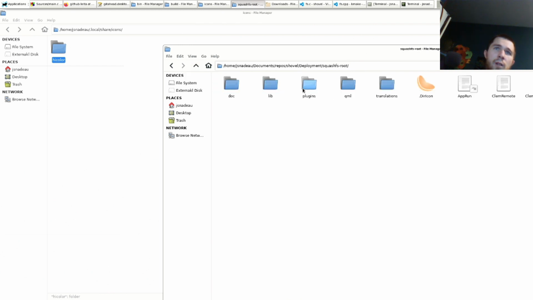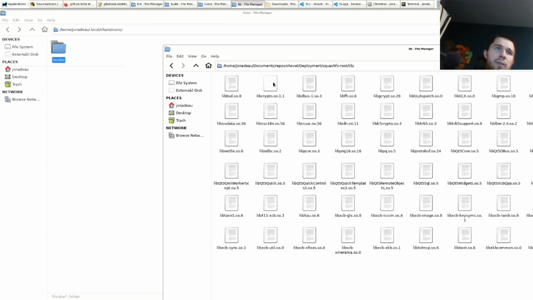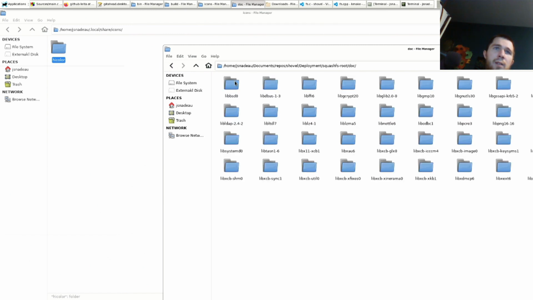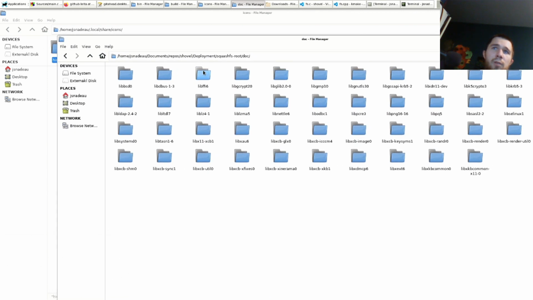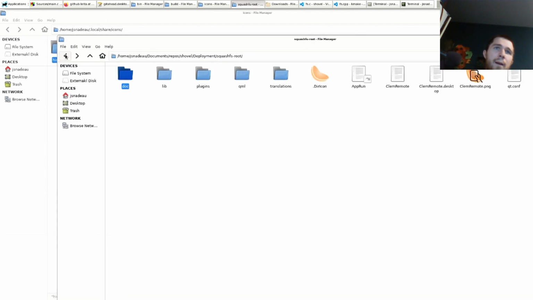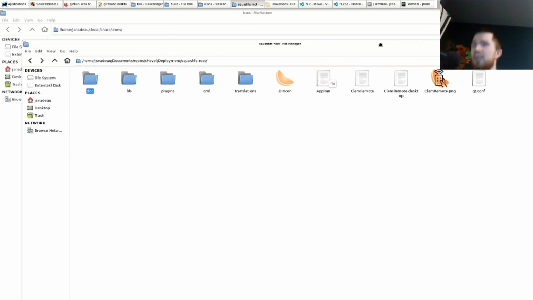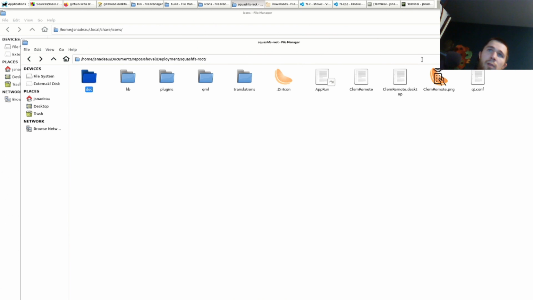In this squash, yeah, those are just libraries. Yeah, so there's no actual icons folder in that. So probably the easiest solution will be to use the image